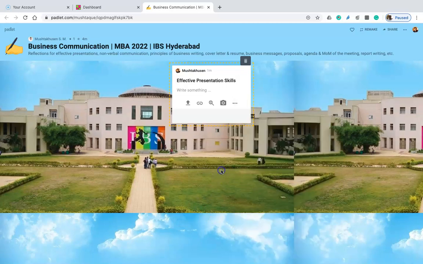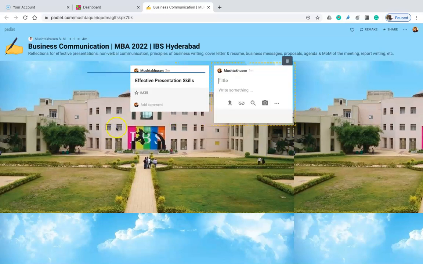There are many options, but I would suggest you go for just images or maybe small video files, so that you do not exceed 10 MB, right? So here you can write your post and you are done with your post. You can write in detail. Once you are done with this, if you want to create a new post, again you can click somewhere here, then give the title. For example, now I'm going to create a post for NVC. So write NVC. After that, you can write your reflections or your learnings or takeaways for that topic.